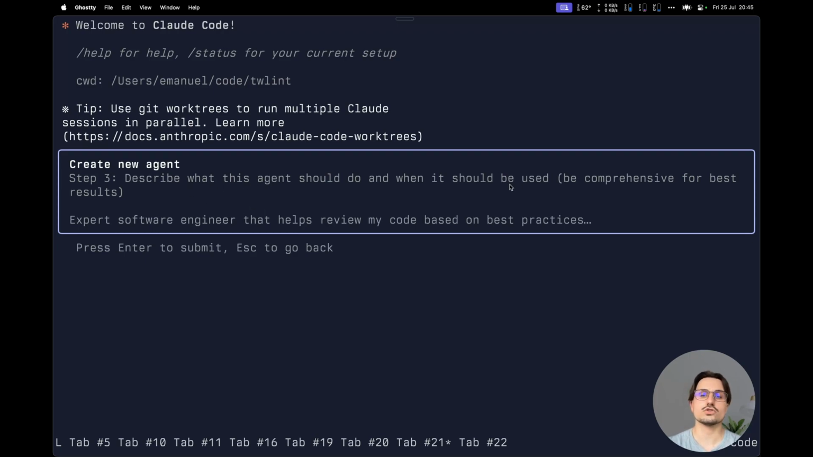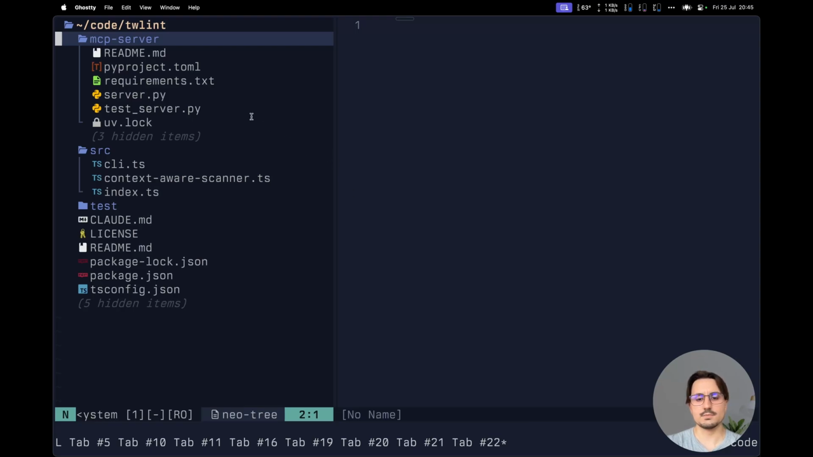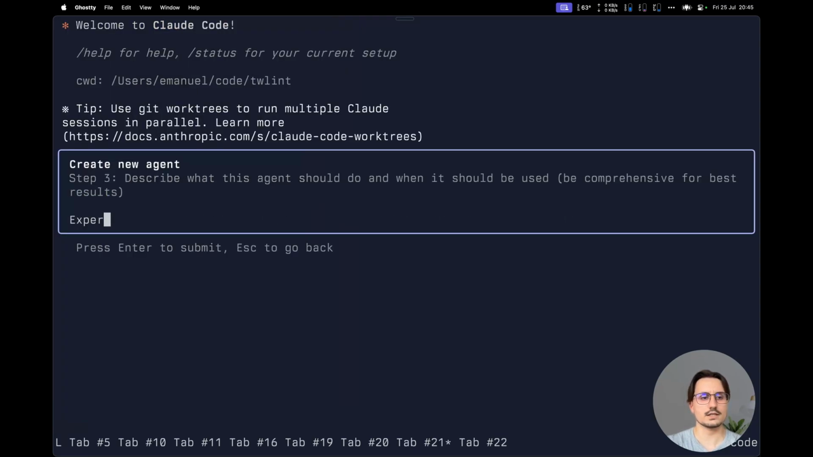So now here I want to say something that describes what this agent should do and when it should be used. So we should be comprehensive for best result. An example is expert software engineer that helps review my code based on best practices. So like I said, I want first of all an MCP server expert. So I'm going to say here expert software engineer